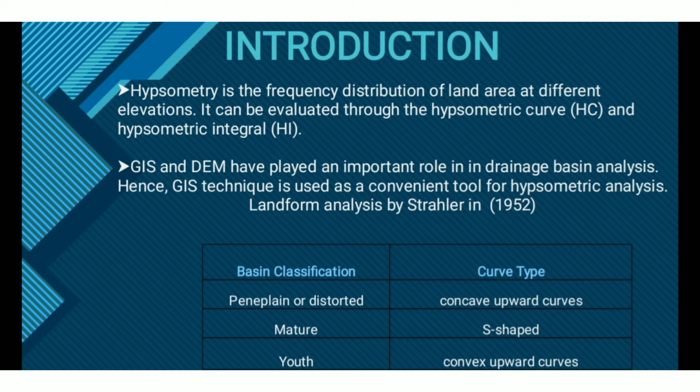Geographic information system and digital elevation model have played an important role in drainage basin analysis and for hypsometric analysis. In 1952, Strahler interpreted the shape of the hypsometric curves by analyzing numerous drainage basins and classified the basin as peneplain or distorted, mature, and youth, and its curves are concave upward curve, S shape, convex upward curve respectively. These hypsometric curve shapes describe the stages of the landscape evolution, which also provide an indication of erosion status of